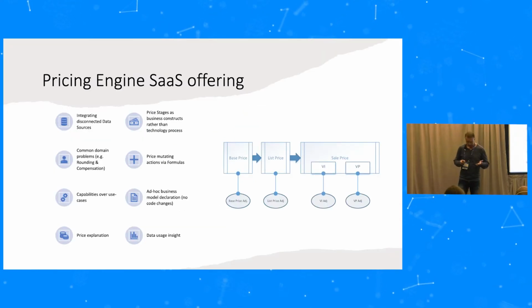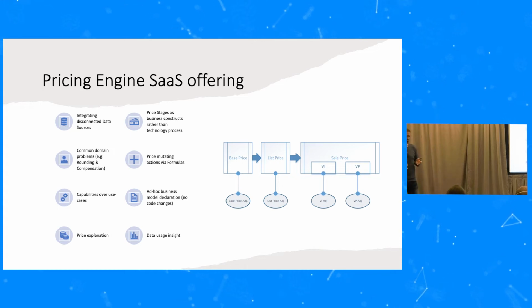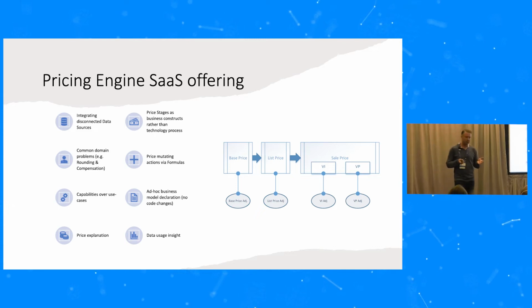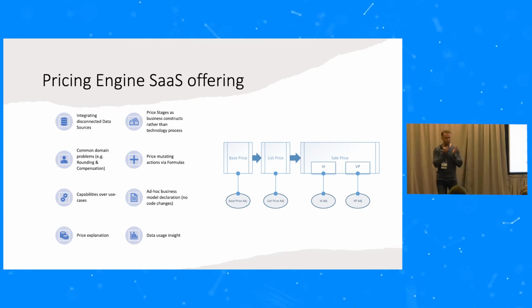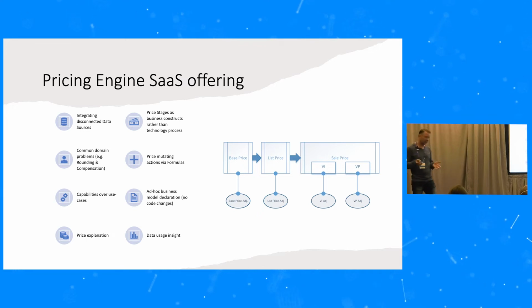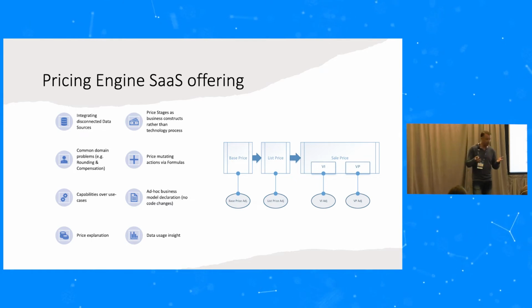A pricing engine in a nutshell is nothing more than a calculator. It calculates price for any product that can be presented in the form of a tree structure. It calculates price from the leaves to the root, from root to the leaves, or anything in between. In addition to that, it solves common commerce platform problems, such as rounding, compensation, or currency conversion, or business problems, such as delta